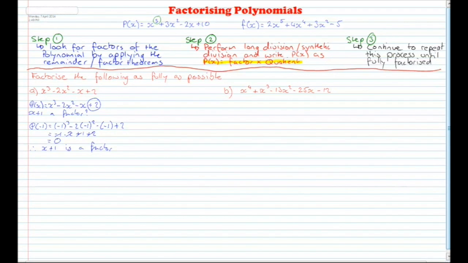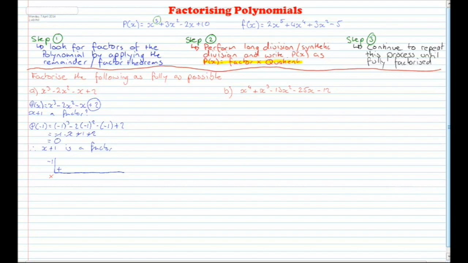Right, because I know it's a factor then, what I can do is use a new method that I'm going to show you now, which is called the synthetic method. Now, the synthetic method for dividing is actually a whole lot faster than using the long division method that we've done before. To do that, what you need to do is you've got to go through and draw out a box like so. Alright, then what you're going to do is you're going to draw a little plus sign in here, and you're going to write a little times sign outside. Now the next thing that needs to happen is this plus 1, well because it says plus 1 you're going to write a minus 1 here,